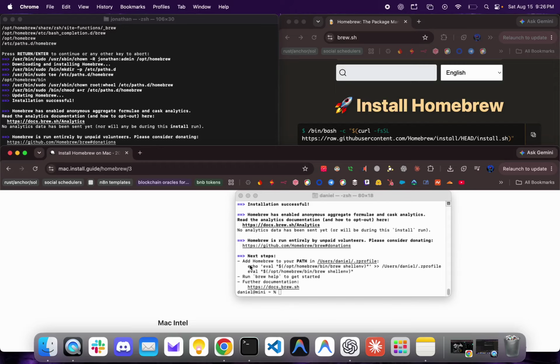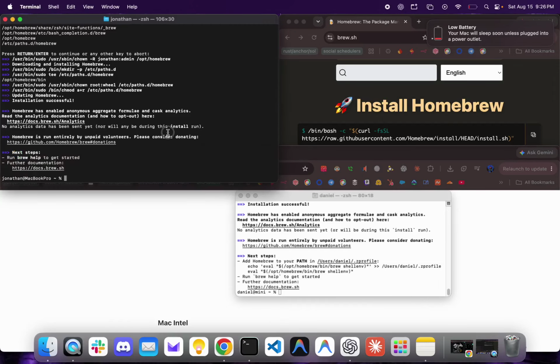What you're going to do is see where it says echo, eval, and that whole line of text, and then the next line of text below it where it says the eval. You're going to copy these two lines right here, underneath where it says add Homebrew to your path, and above where it says run brew help. So you're going to copy those. I'm trying to circle with my mouse here. You're going to copy these, and you're going to paste it